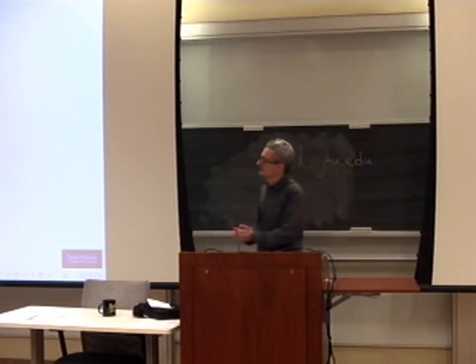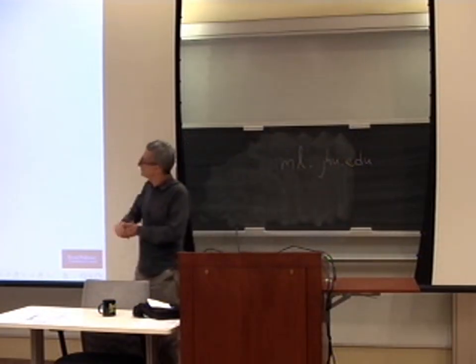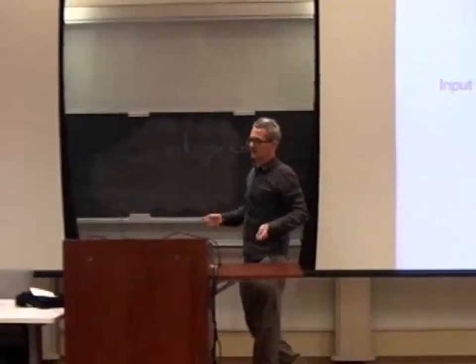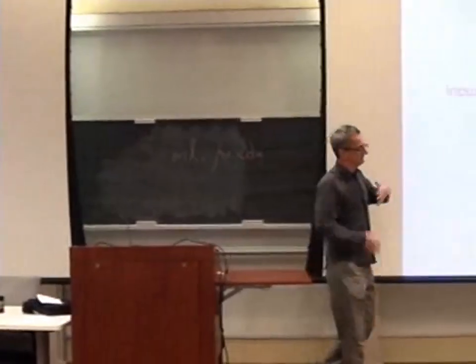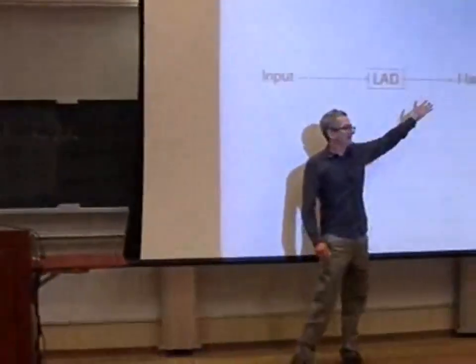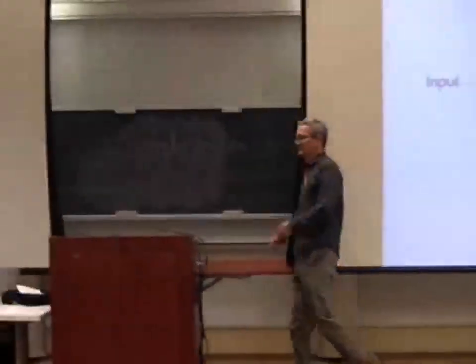Now, the standard view, if you've taken Linguistics 101, you probably saw something like this. The idea is that what linguists do is we have the input, which is some set of strings. Then we have a language acquisition device, which is some cognitively realized learning algorithm in the child's brain. And this produces some output, which will be a grammar. Okay? So we're just thinking about context-free grammars at the moment. So you're going to have a set of strings, we have some inference algorithm, and then we have a context-free grammar that comes out.